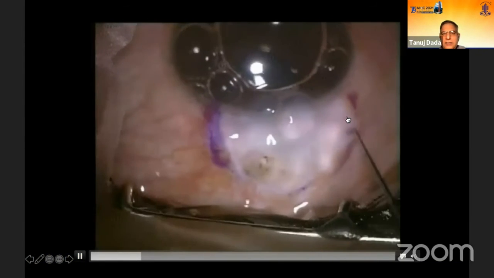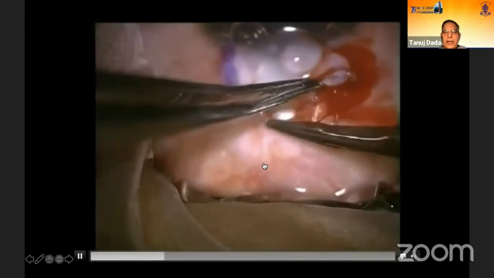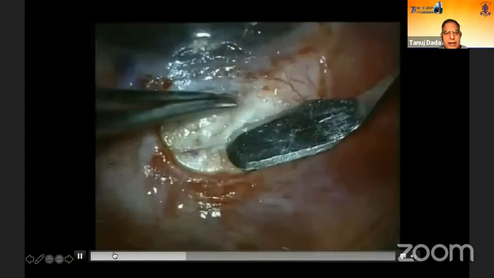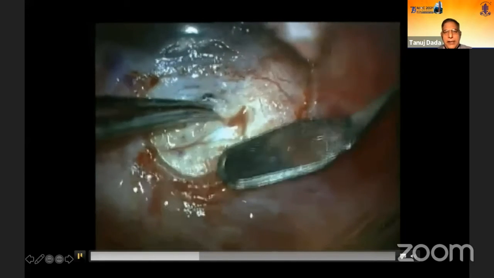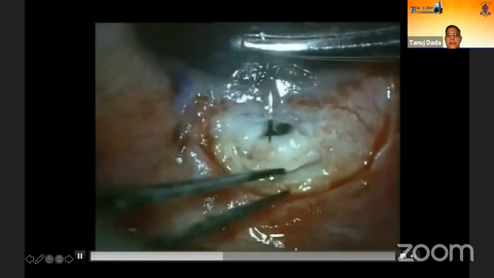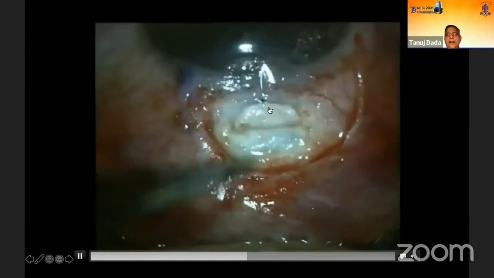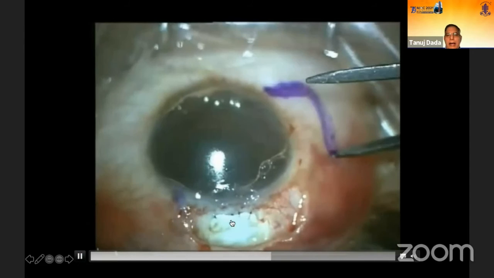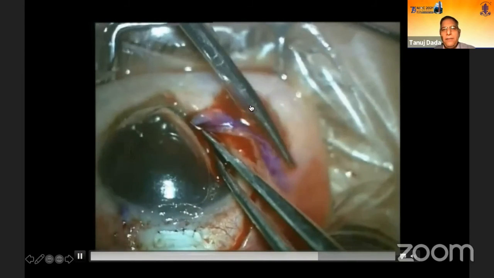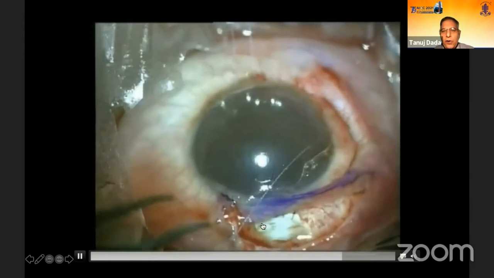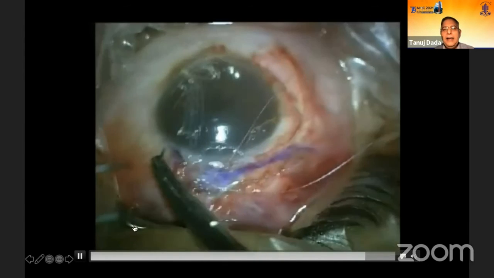So there are two problems here: a dysfunctional conjunctiva in a young lady, and the second important thing is that there is also a defect in the sclera. So here, what we're using is a technique called Momini's repair. You are raising a laminar scleral flap and deflecting it anteriorly. And secondly, how to cover this conjunctiva? You make a pedicle flap from the side and overlay this area with a healthy conjunctiva.